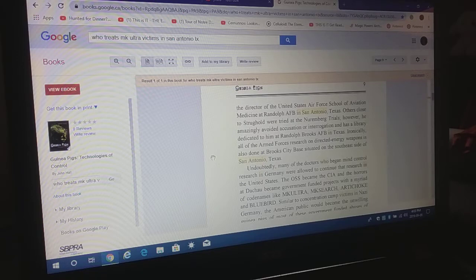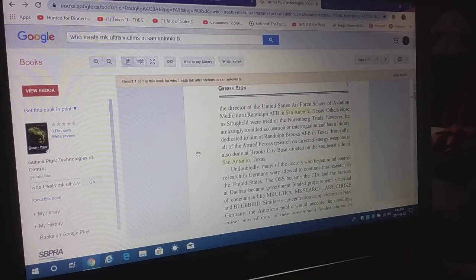Others close to Stronghold were tried at the Nuremberg trials. However, he amazingly avoided accusation and interrogation and has a library dedicated to him at Rudolph Brooks AFB in Texas. Ironically, all of the Armed Forces research on direct energy weapons also,